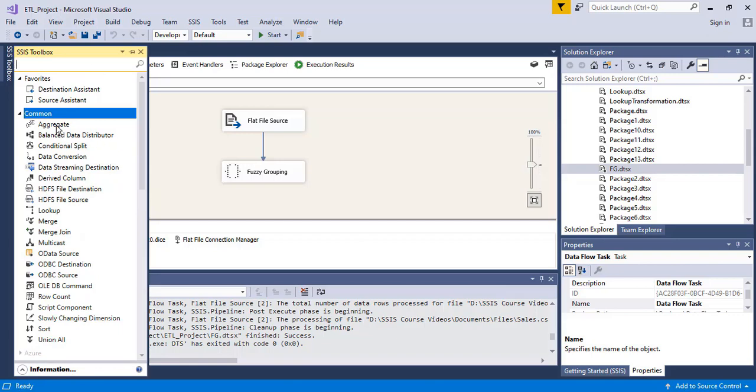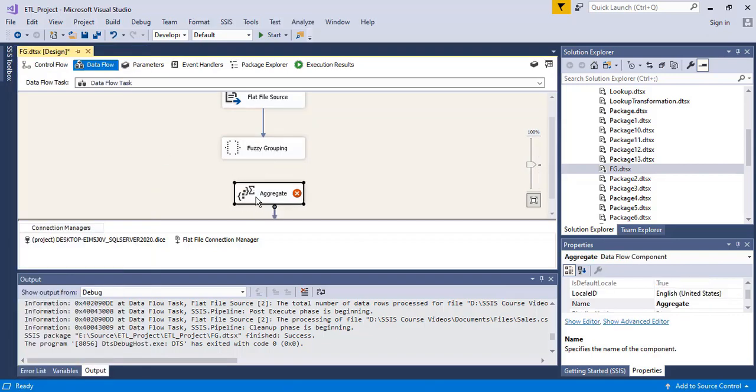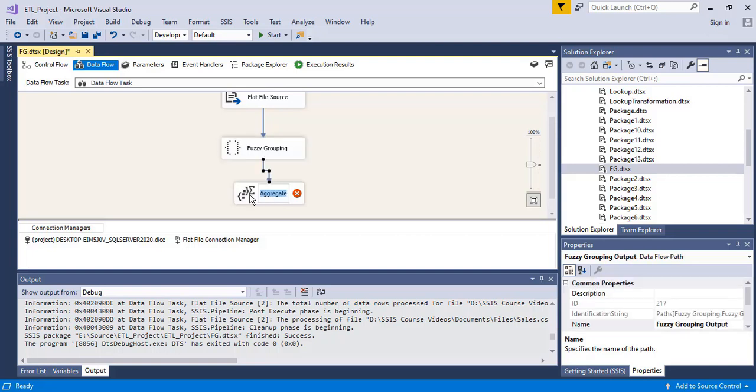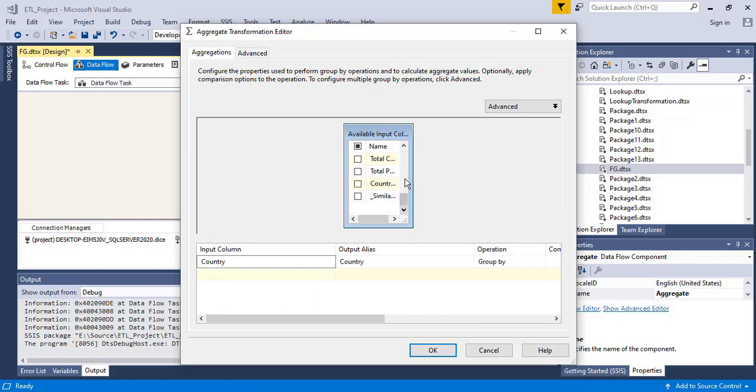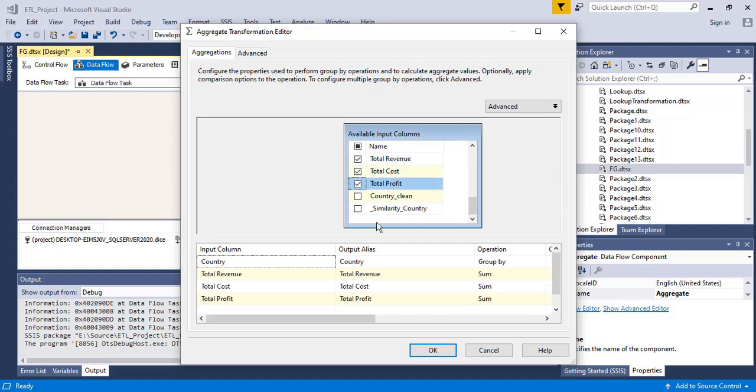Where is the group by aggregate transformation? Okay, now double click. I will group by country field, and let's group by total revenue and total cost profit. No, country clean. I will take the corrected value.